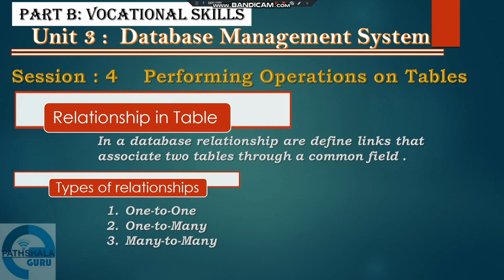Relationships in a database are defined to link or associate two tables through a common field. Two tables with a common field. What is the common field? For example, in a school database, there are two tables like student and math grade, and there are 5 columns in student and